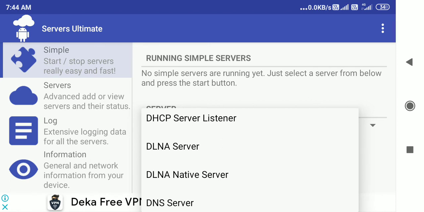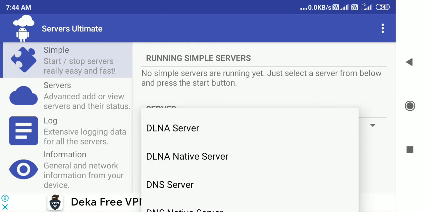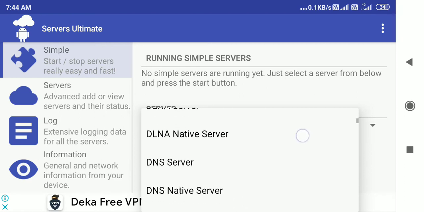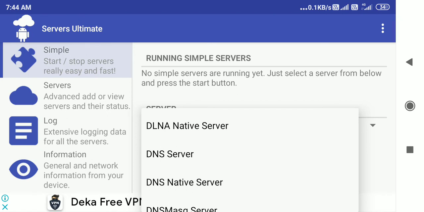DLNA server, I already told you, dynamic network access server, or if you want to dynamically link or digitally link to a local area network and connect all these equipments, then it is called a DLNA server.